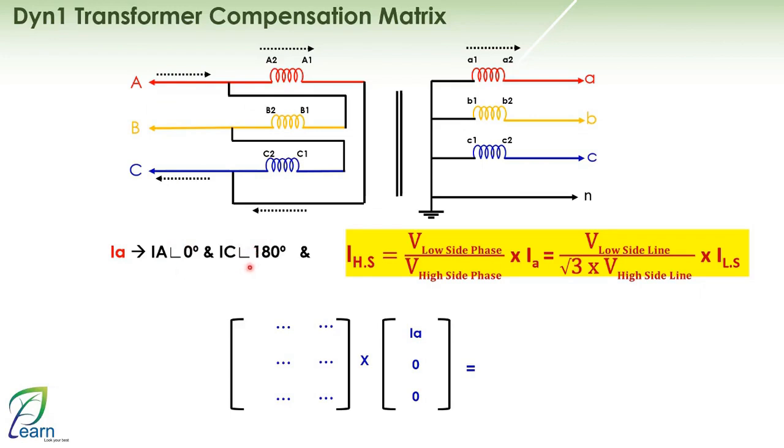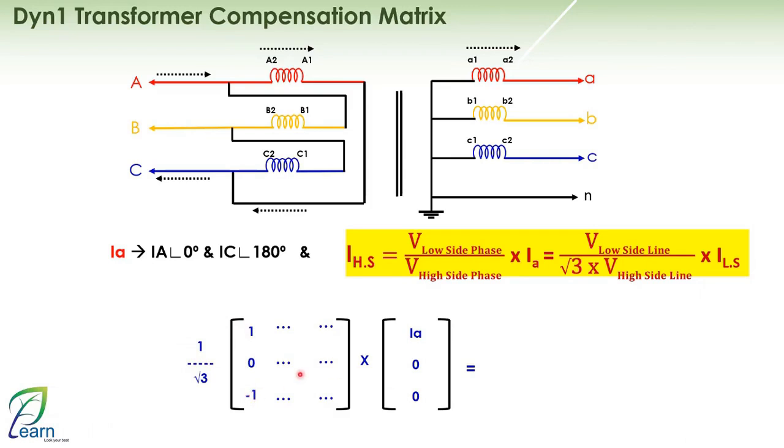Also, there's another thing. We know that the current towards the high side will be divided by the square root of 3, right? So, how do I place it here? For phase A, I put 1 over the square root of 3. For phase B, I put 0. For phase C, I put negative 1 over the square root of 3. This means 1 over the square root of 3 is a common factor outside, and I have 1, 0, negative